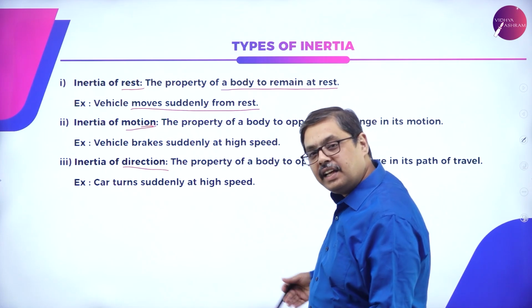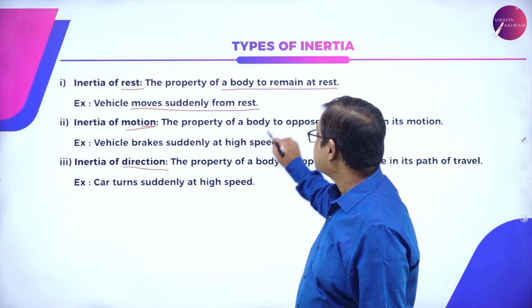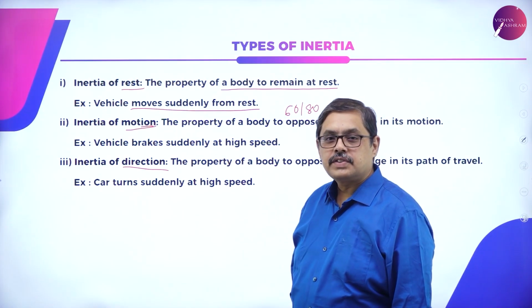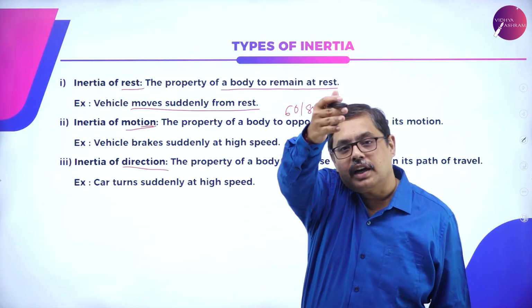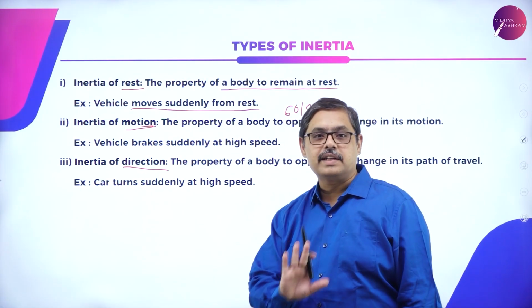Now, I am sitting in the same back seat of the same vehicle, two-wheeler or four-wheeler. He is traveling at some 60 or 80 kilometers per hour. Somebody comes suddenly in between the road at a distance of 50 to 100 meters. Okay, he observes that person, suddenly applies the brake.